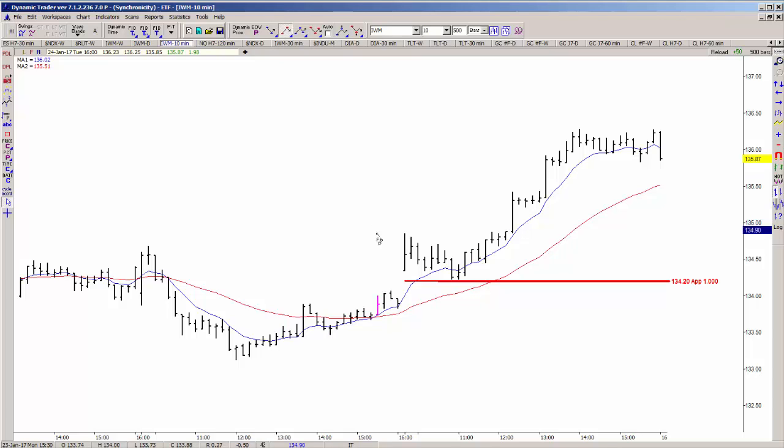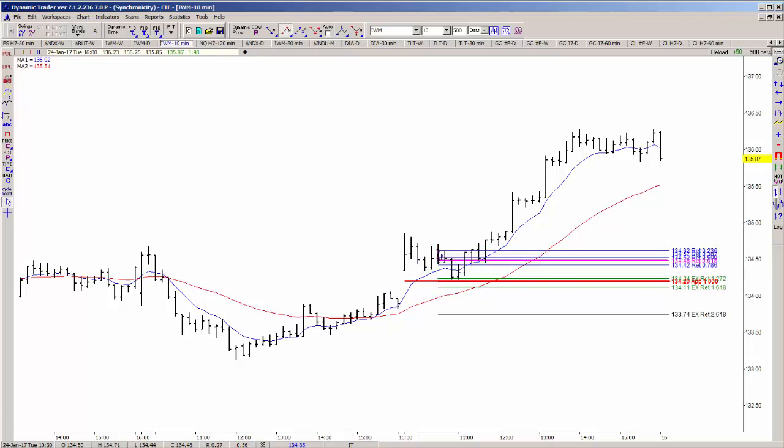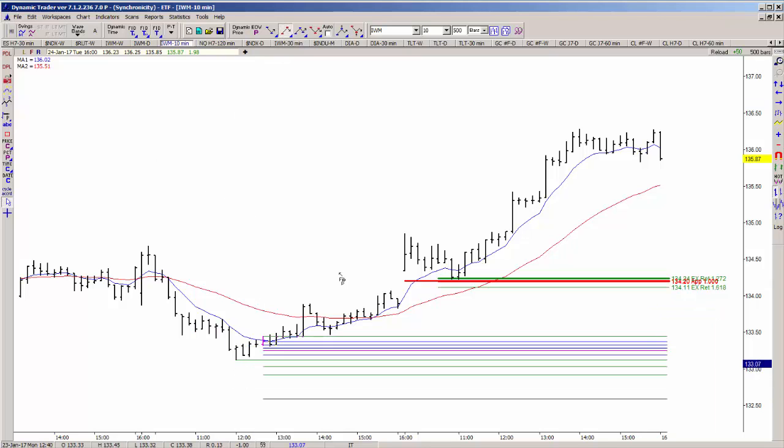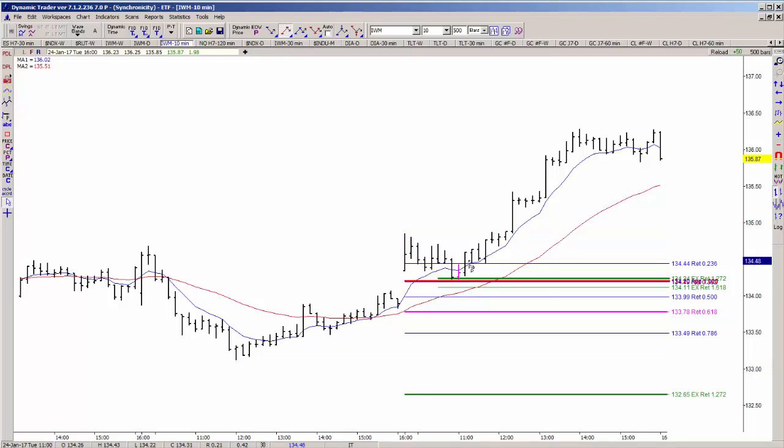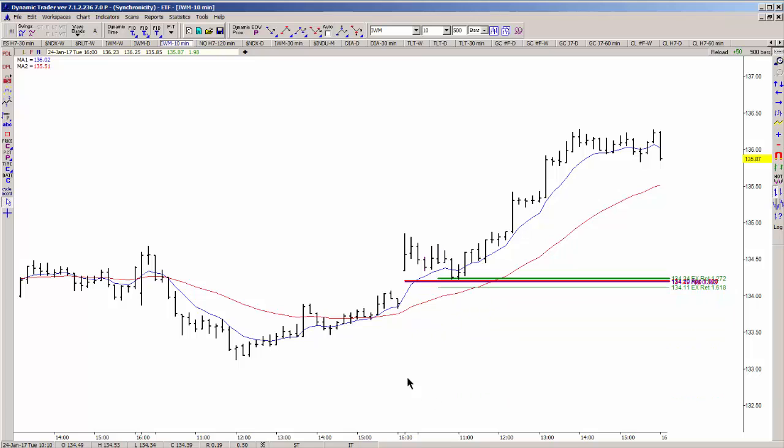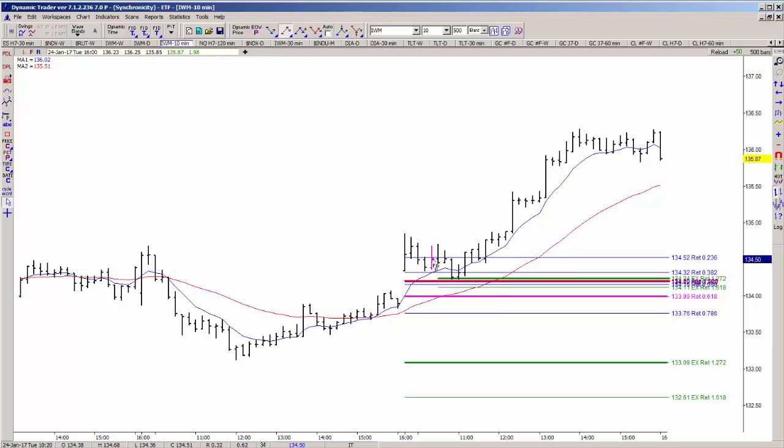You could also run an extension of the prior low to high swing, and you'll see that we were on top of the 1.272 extension there. And you also could have run the retracements of these swings. You'll see that we were on top of a 38.2% retracement of one of the swings with those symmetrical projections. And then if we run the smaller swing, this low to this high, you'll see another price relationship overlap that